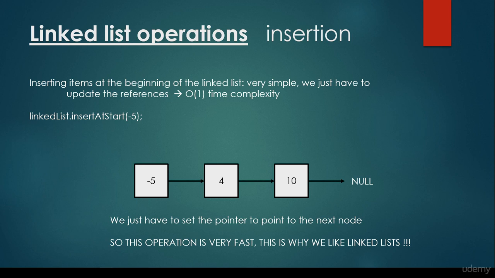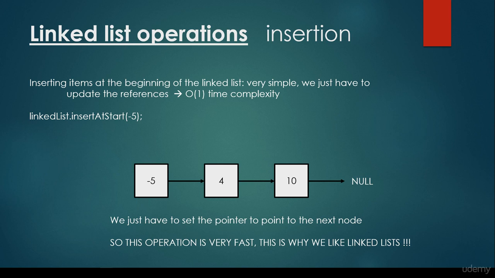As you may recall, for arrays, if we would like to insert at the beginning of the array, so the index 0, then we have to reconstruct the array. So instead of the O(1) time complexity that we have seen here for linked lists, for arrays it is O(n), so linear time complexity. It's very important to see that we like arrays because of the random access and because we can insert items at the end of the list very fast, O(1) time complexity. We like linked lists because we can insert items at the beginning, not at the end, at the beginning, very